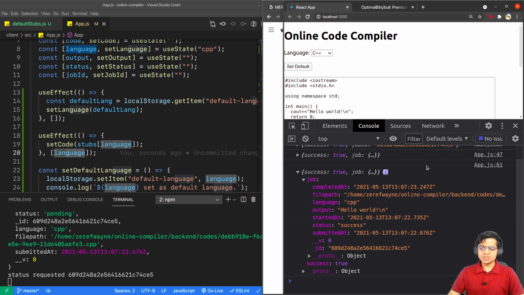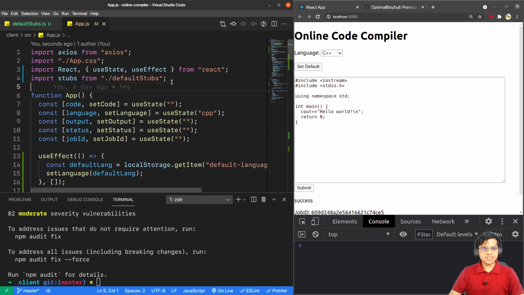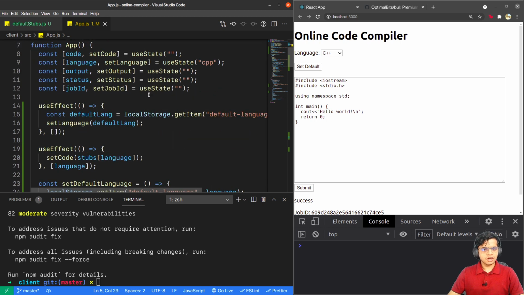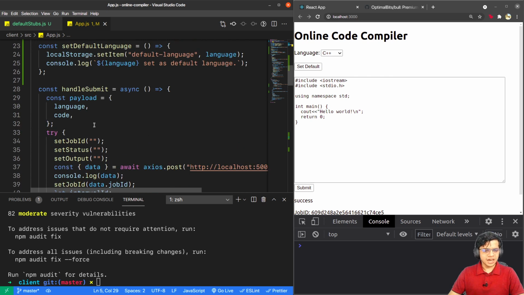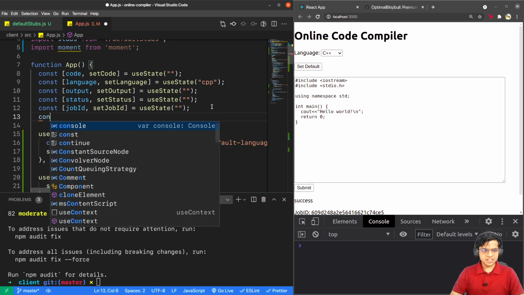So we can do all those things, but you can see that these are just strings and not some objects. So to manipulate them, I'll use a library called Moment. Now on the client, I'll install the library using npm i moment. Now since that is installed, I'm going to import this library. So import moment from moment. You can also see that the job details that we are getting here, we cannot access outside the handleSubmit function. So we'll address that issue first.